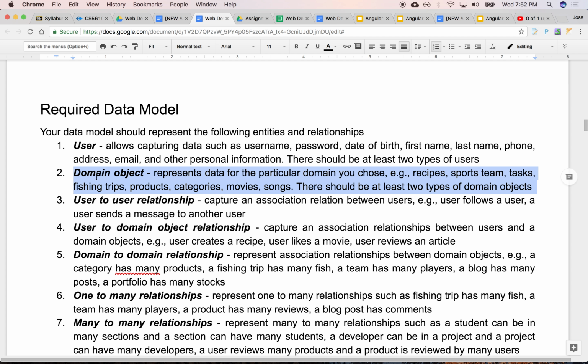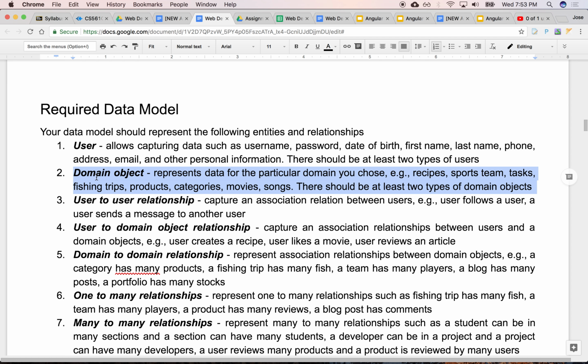So those are the data that you need to keep track of. 2 users, 2 domain objects. Then the relationships. Relationship between users, right? A user sent a message to another user. A user is following another user. A user is somebody's manager, right? Or they're part of a group that take rides together in the morning, right? Or play lottery together, right? To see who wins and they share. So some relationship between users, okay?